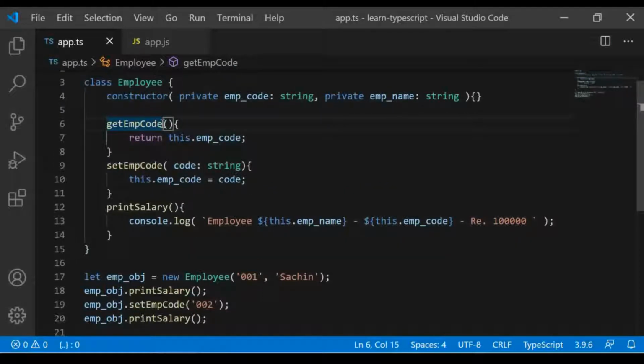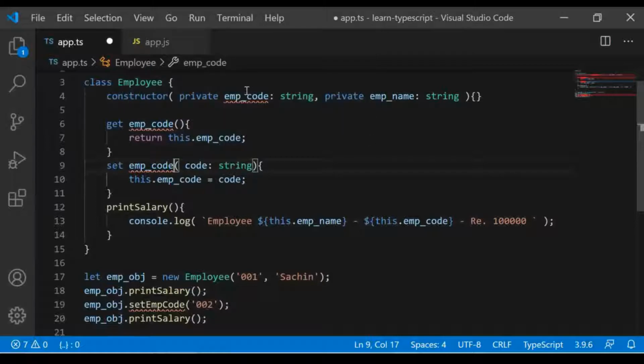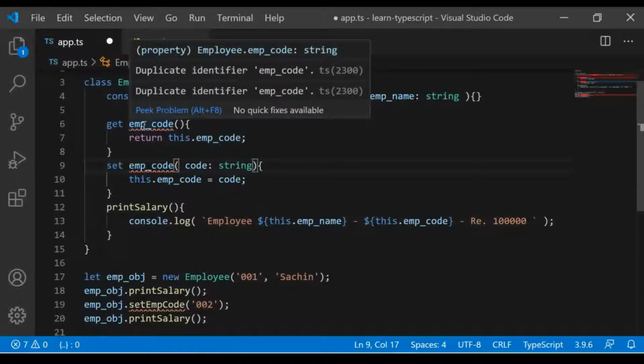Now we have certain properties already available to achieve it, and we don't have to create these custom methods. So to get this employee code, you can easily write it like this. Get employee code, and same way you can have something like set employee code.